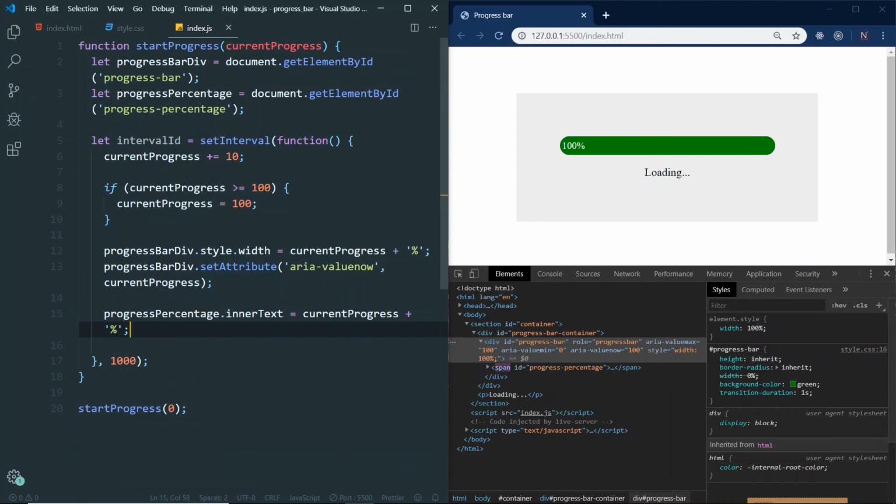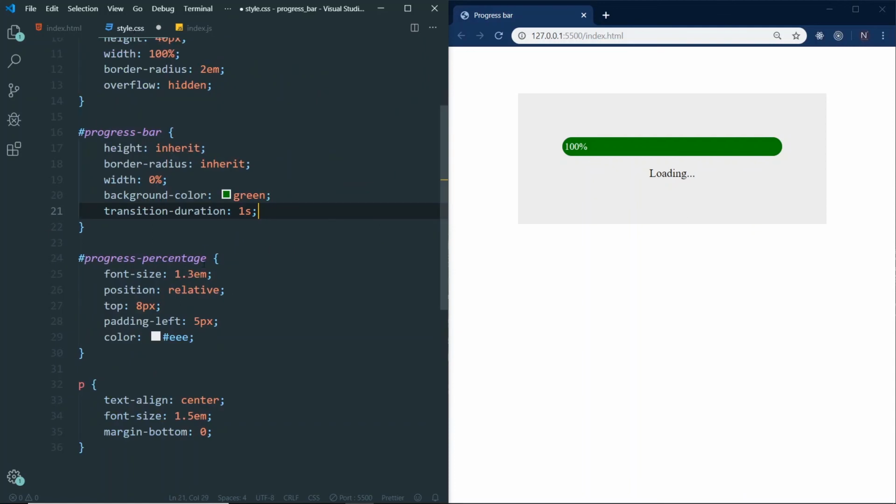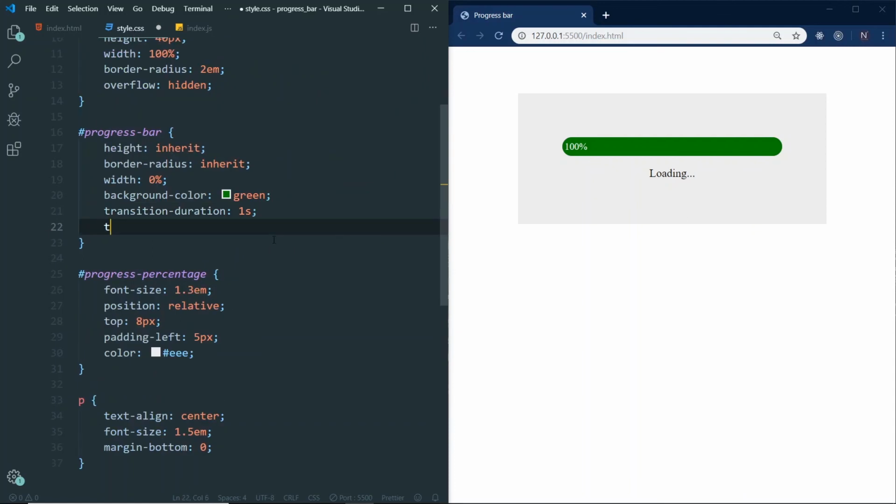It makes no difference. So one more thing I want to add to the CSS is in our progress bar, I want to add a text-align of center, so that when the progress bar is updating, the text will move also along with it. I think that's good user experience. And that's really all there is to the progress bar. I just wanted to show you guys how to do this from scratch and also